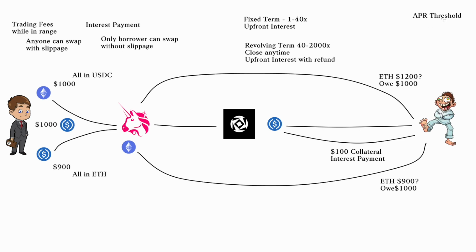But if he sets his threshold, let's say he says, I want my threshold to be 10%. I don't want to pay more than 10%. And he's got a position, and then he goes to sleep, and that interest rate for some reason goes above 10%, like 10.1, whatever, then the position will automatically unwind. So it will close it down. And then if it goes back down to like 8%, it'll wind back up. Okay, so it'll open back up again. So this is pretty interesting. I think that's pretty much it. That's how I understand it.